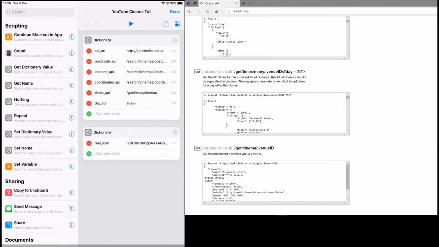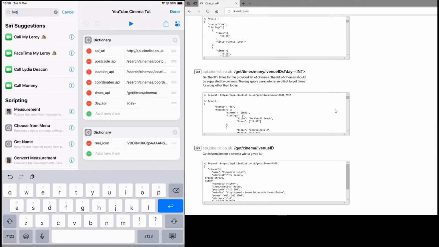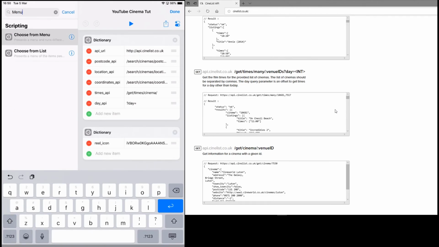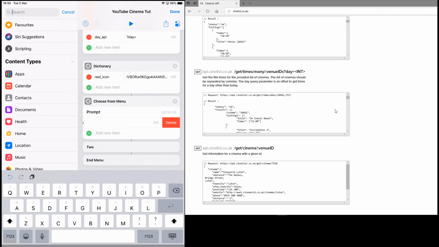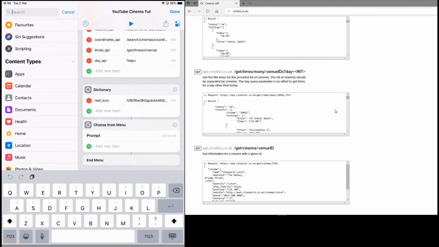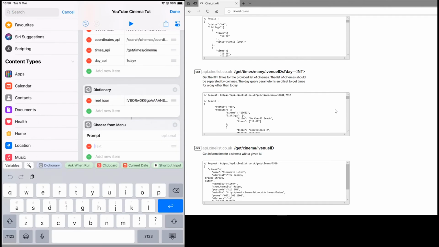So now what are we doing here? We have got options here. You could do this a number of different ways. The first way is that we could set it up with a menu. So let's do a menu, choose from menu, and what we will do here is delete these two, 1 and 2, we don't need those, and we'll add a new item